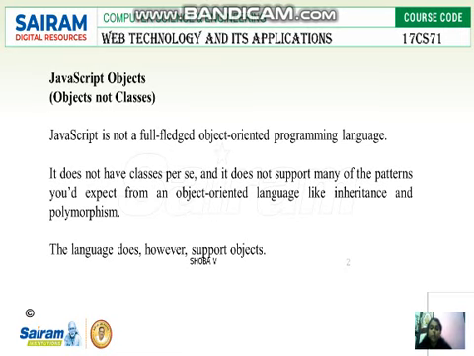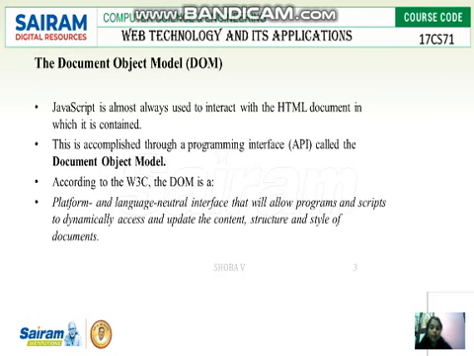Next we will see the document object model. A web page resides in a browser, and it is modified and accessed through the browser. We can call this the document object model. This is accomplished through a programming interface, the document object model, and these objects should be standardized in a hierarchical way. The content available in the website or web page should be accessed and modified, so we call it the document object model.